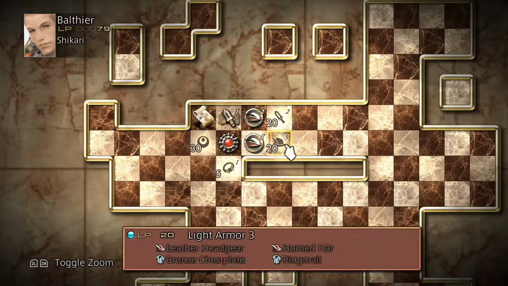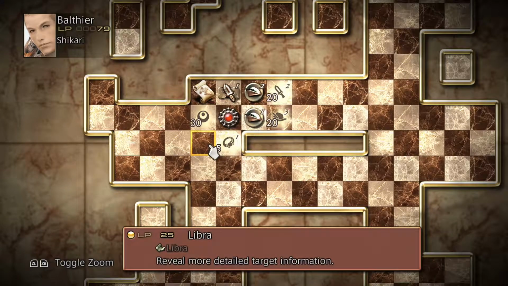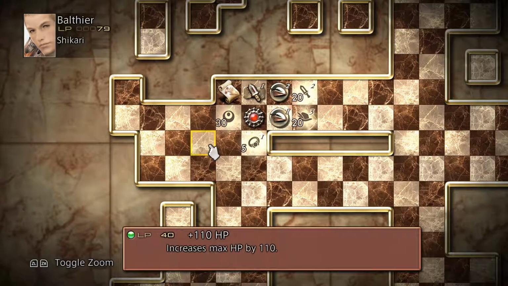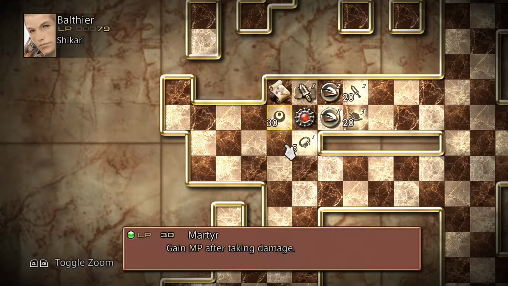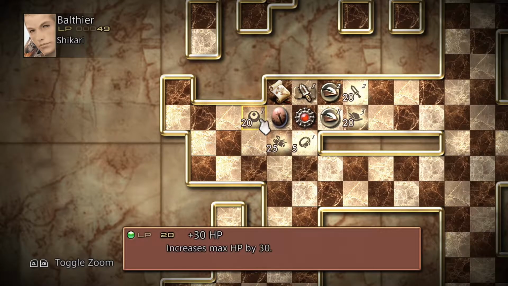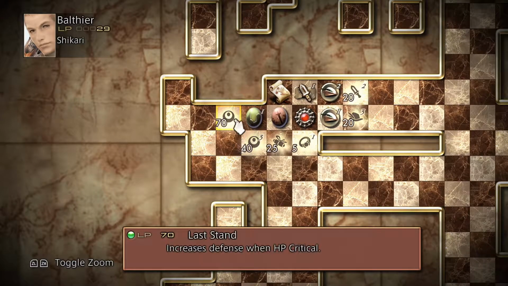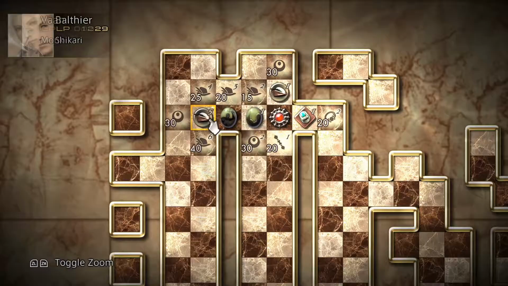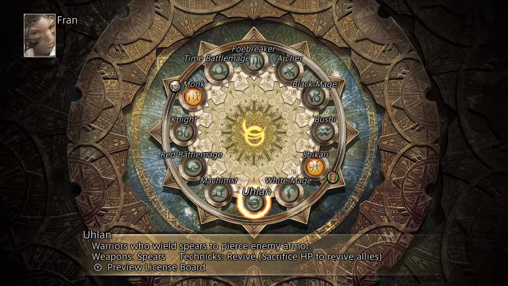Okay, I've got shields. What's down here? Accessories 2. HP plus 70. Oh, this is where the HP is. Okay. Right, that makes sense then. Marta gives you HP after you take damage. This increases your HP by a bit. This increases your HP by even more. That's fine. Right. Fran, you are going to be